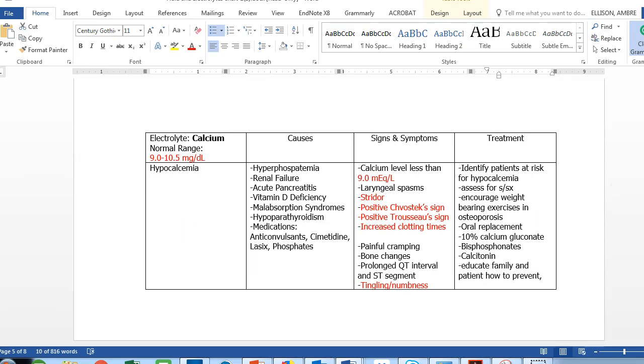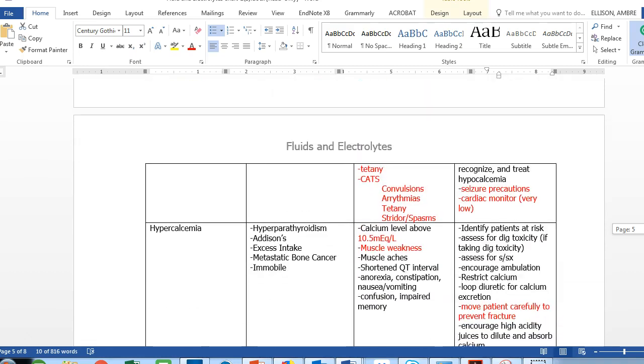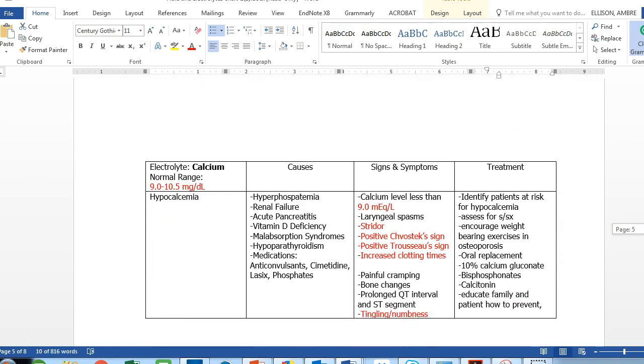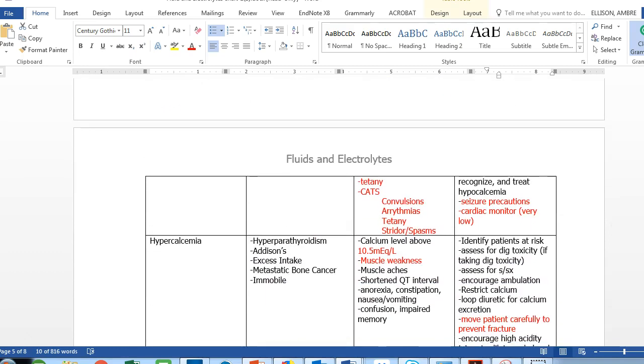Now for calcium. With hypocalcemia, you have certain causes like renal failure and malabsorption syndromes. The thing to remember, though, are your signs and symptoms. Remember the CATS acronym: convulsions, arrhythmias, tetany, and stridor. You're going to have a positive Chvostek and a positive Trousseau. Remember, Chvostek is cheek, Trousseau is your arm. You're going to have tingling and numbness when you have calcium that's low. The big thing with it is you want to place them on seizure precautions and a cardiac monitor if the